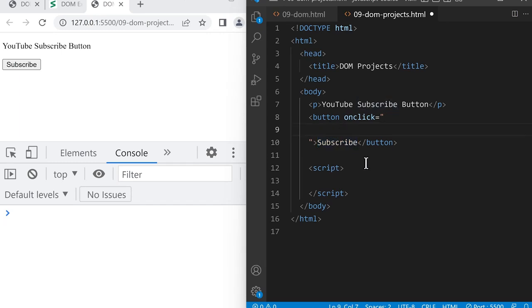So in our code, let's type document.querySelector, brackets, and a string. And as we learned, we're going to use a class attribute to select this specific button. So in the opening tag, let's add a class attribute, and let's make the class